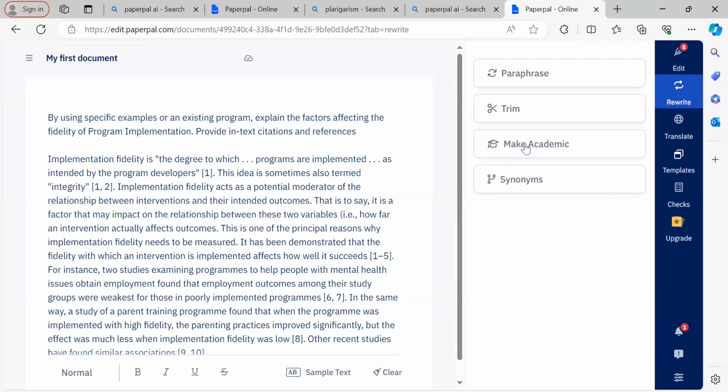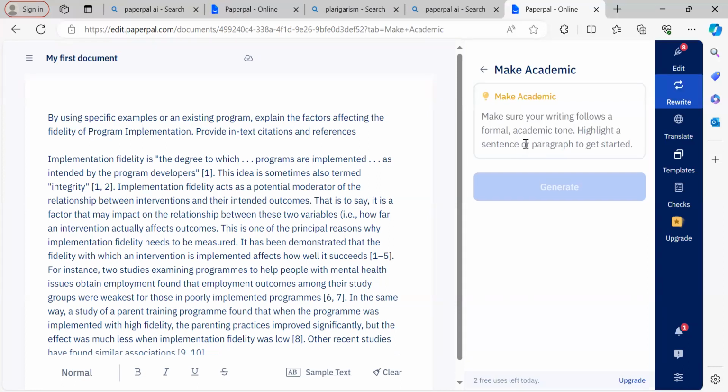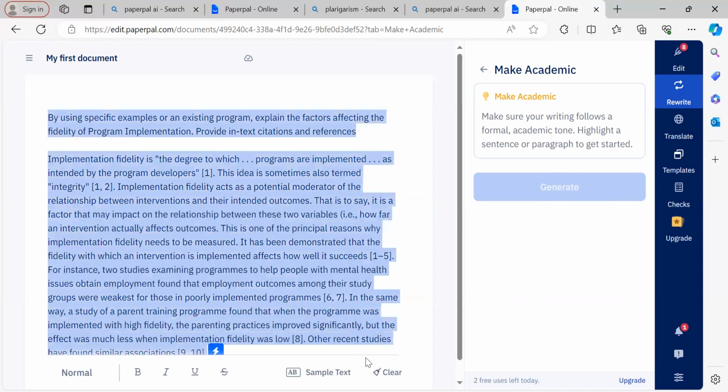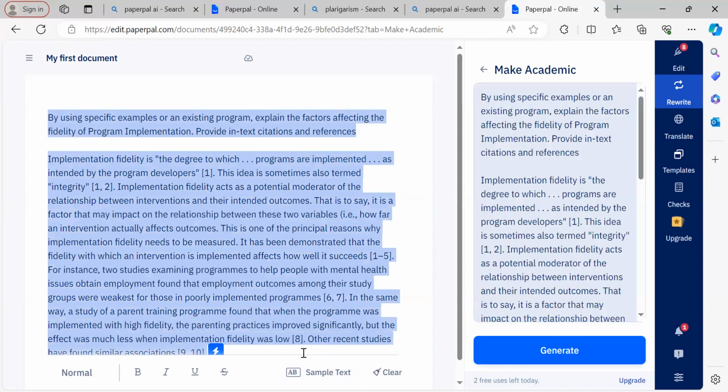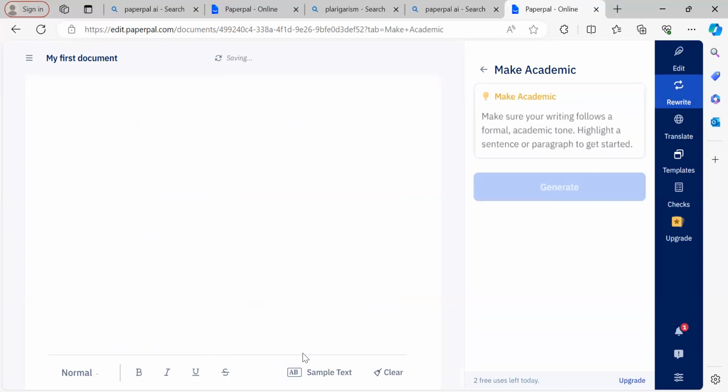So say make academic. When you say make academic, all you need to do is that you need to generate. What are you going to generate? The information that you put here is what is going to generate for you. So for instance, if you don't have any information here, all you need to do is, for example, if you want to, let's say, work with,